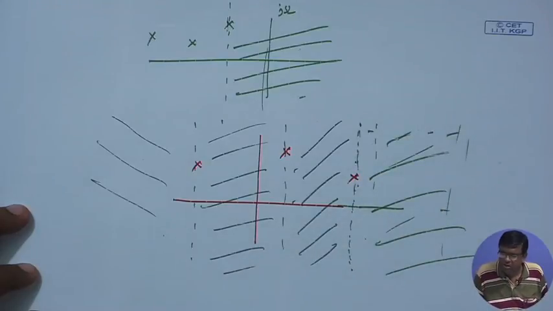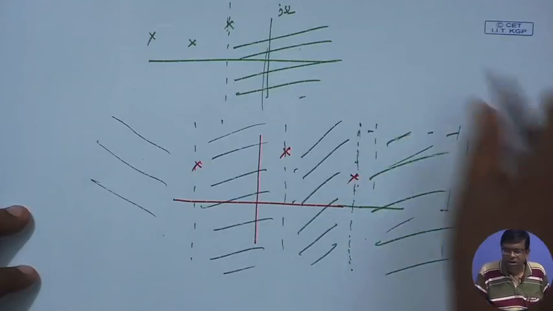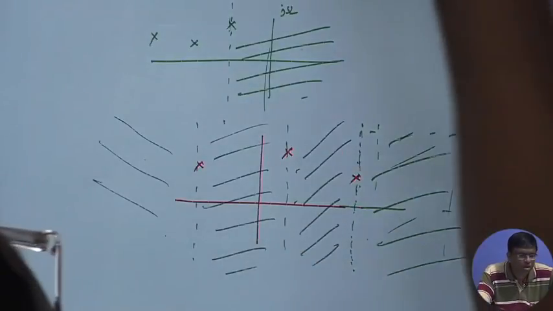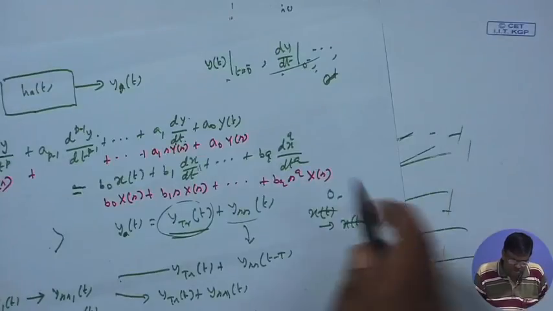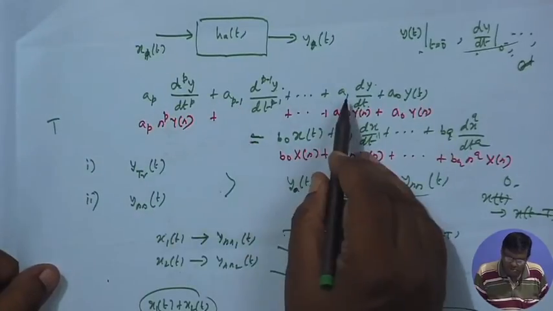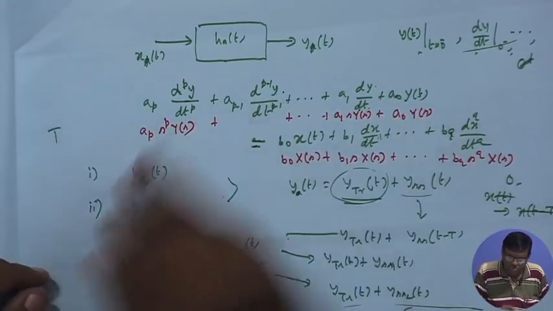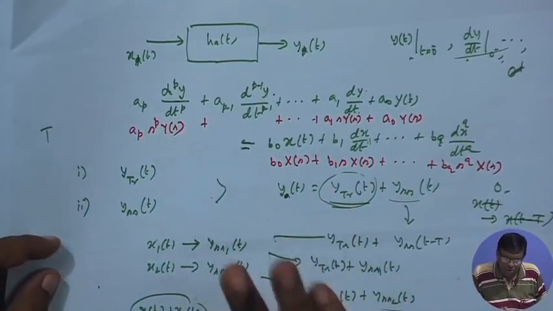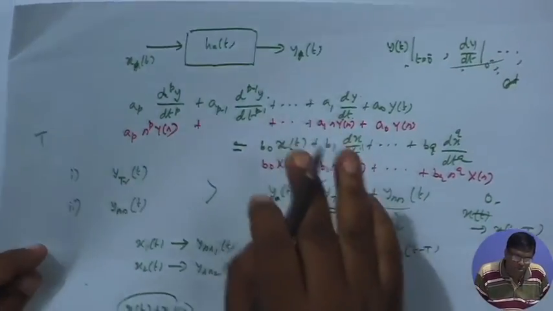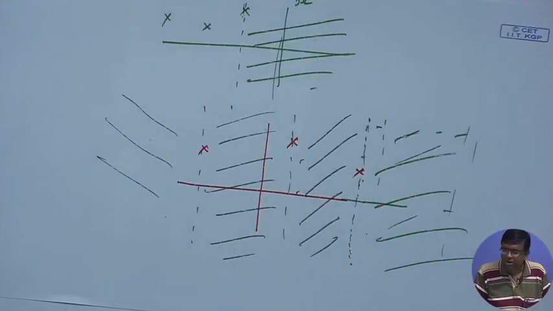Therefore, in designing analog filters, you make sure that you design these coefficients, A_P through A_1, A_0, not only to have some desired frequency response, but also to make sure that the resulting poles are all on the left half plane. Okay. Keeping these two in mind, and the other thing is, as I told you,